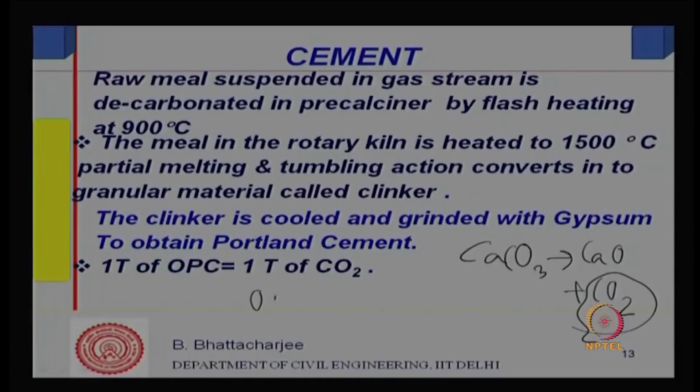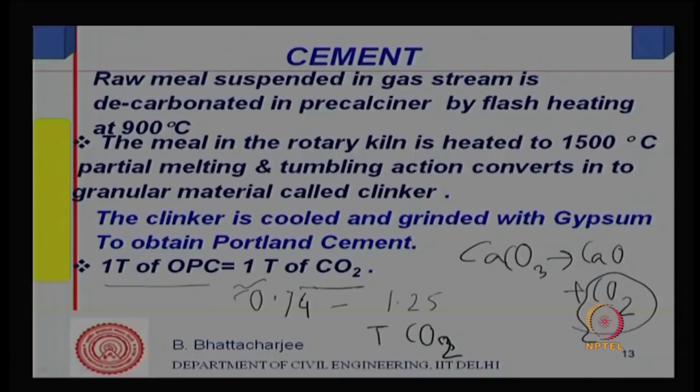and when you use energy for heating, you might be using fossil fuel in some form or other. People have actually calculated that about 0.74 to 1.25 or 1.26 tons of carbon dioxide is produced from 1 ton of ordinary Portland cement production. But on an average you can say that 1 ton of OPC produces 1 ton of carbon dioxide, which